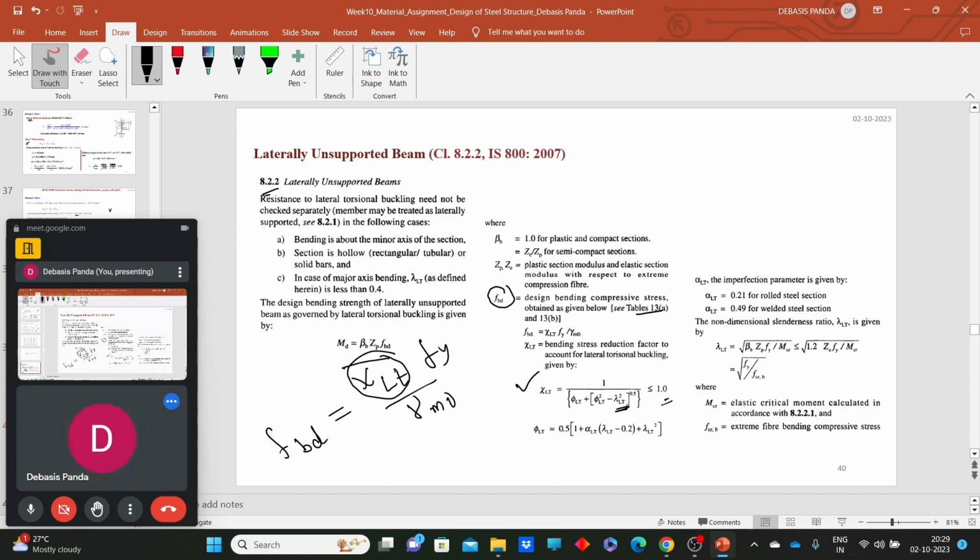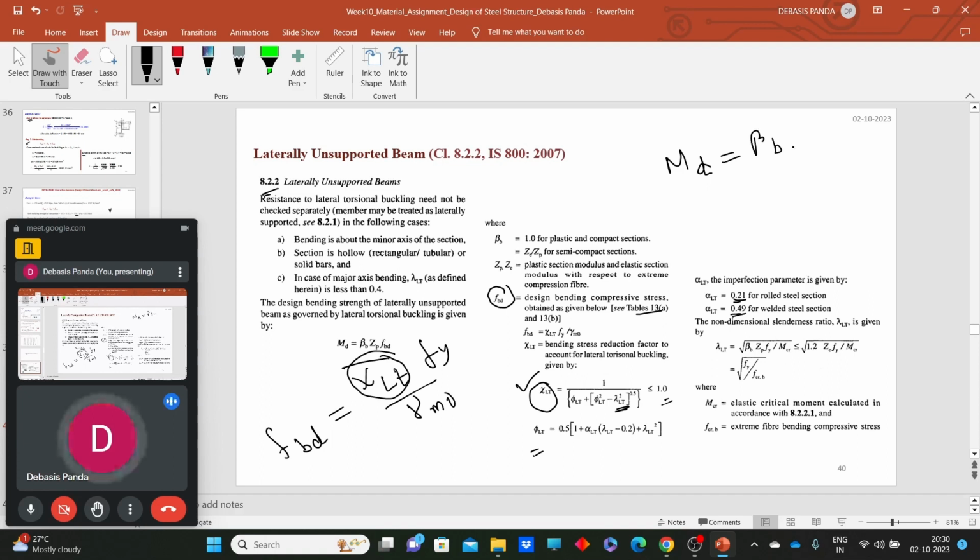Now the thing is, how can we calculate the phi_LT value? The phi_LT value can be calculated as 0.5 into bracket 1 plus alpha_LT times (lambda_LT minus 0.2) plus lambda_LT squared. The value of alpha_LT is 0.21 for rolled section and 0.49 for welded section. So if we can calculate phi_LT, we can calculate the chi_LT value, and subsequently we can calculate the value of Md, that is the design bending strength for laterally unsupported beam,